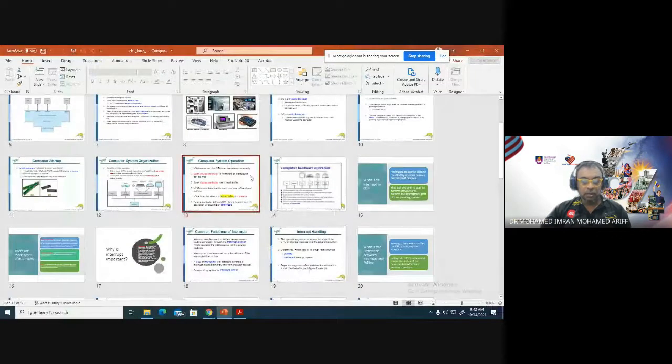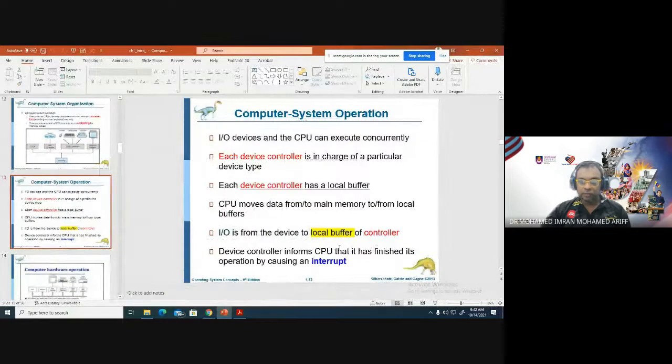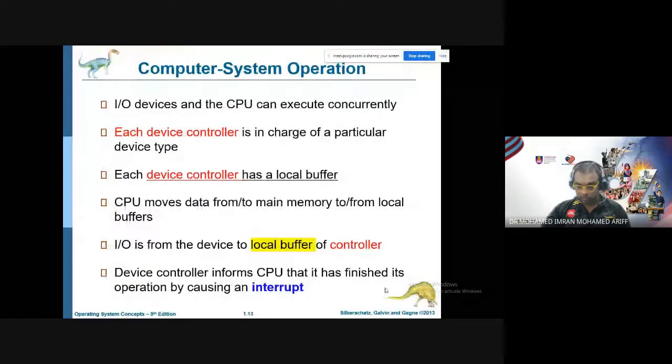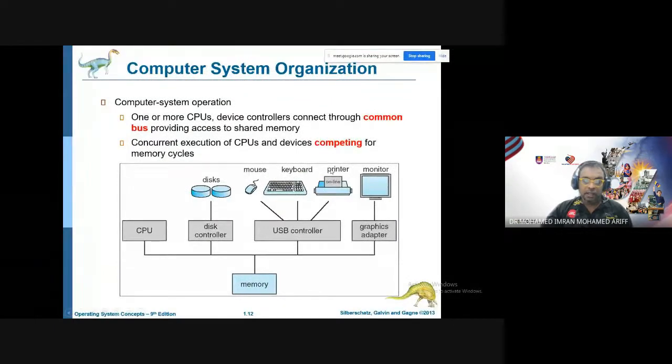So the CPU gets data from the controller into memory, and the CPU also brings the processed data from memory back into your buffer. That's how it works. So the CPU's job is to get the data from the local buffer of that particular hardware and bring it into memory. Because you have to understand,